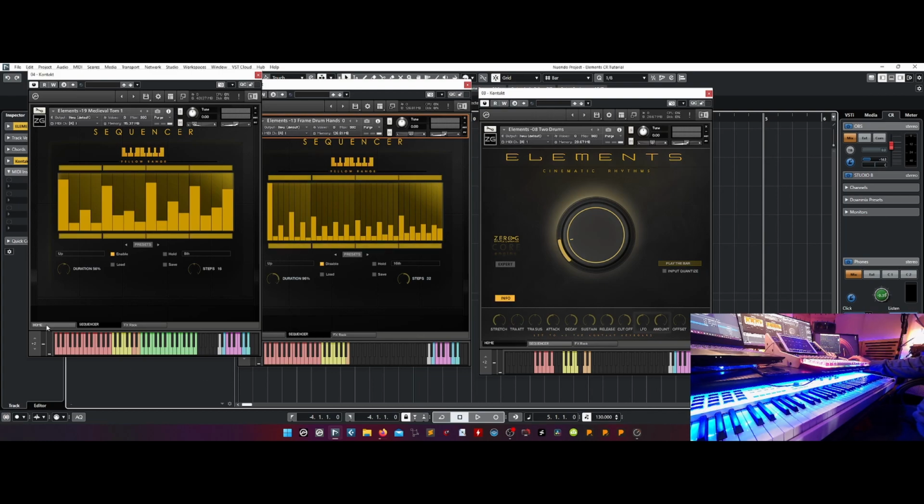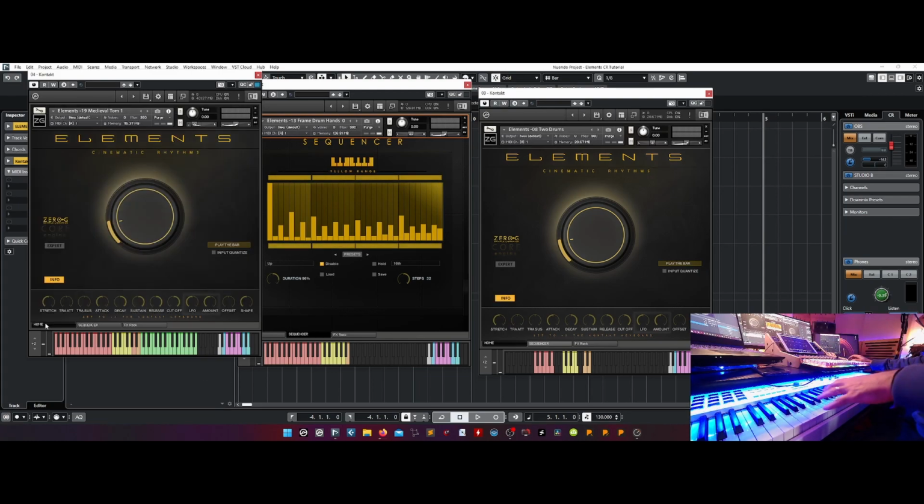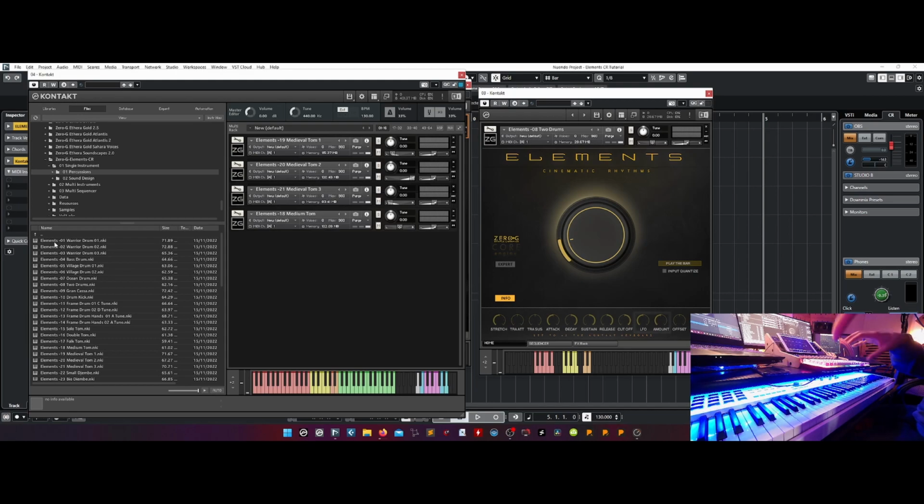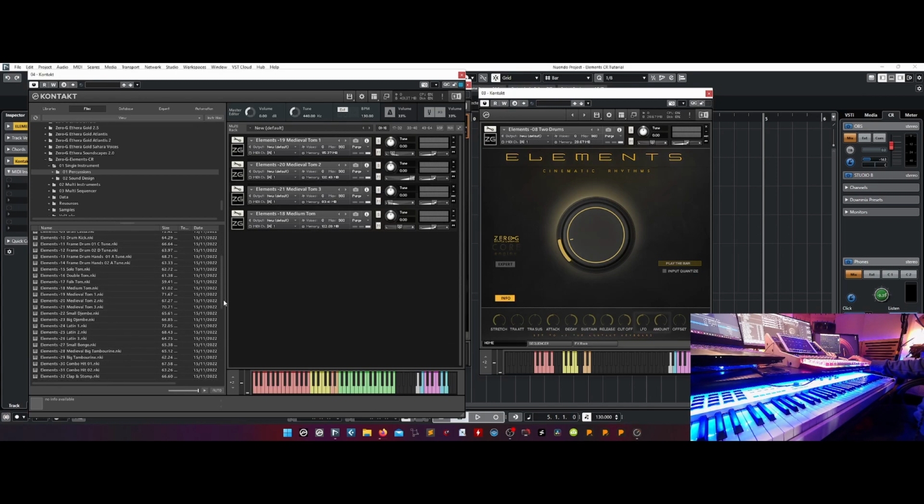So I suggest you test all these different ways, and remember that you have also the multi-sequencer category, so you have just a starting point, you have the multi-instruments. But I think it's cool when you start from a single instrument category and you create your session, your setup, because you can load 3 medieval toms, then you can load a Gran Cassa, a drum kick, a frame drum, a medieval tom, or a black tom, a Latin tom.